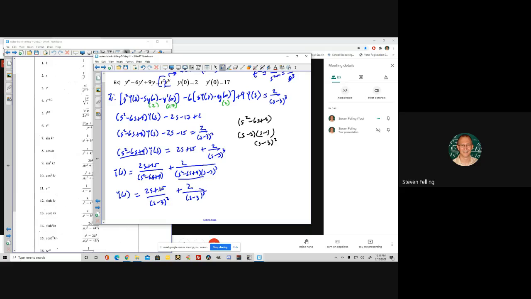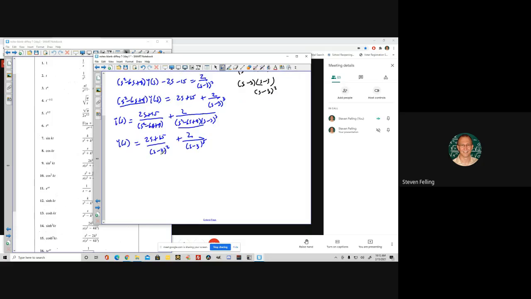But this one might require some more work. We can try that split thing. We can try partial fraction expansion. Let's try the split thing. So what if I wanted to do this as s minus 3? I'm going to change colors here for this. (2s plus 15) over s minus 3 squared. If I wrote this as 2s plus 15 over 2, and then I split this into s minus 3 plus 3 plus 15 halves, s minus 3 squared,